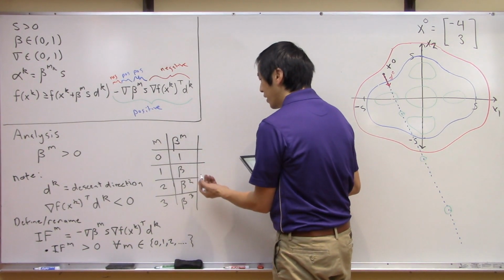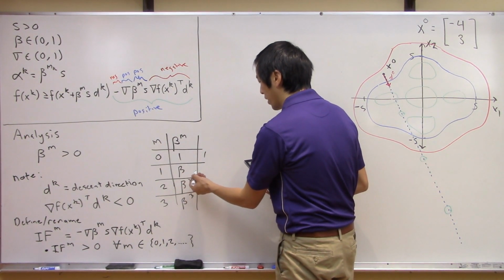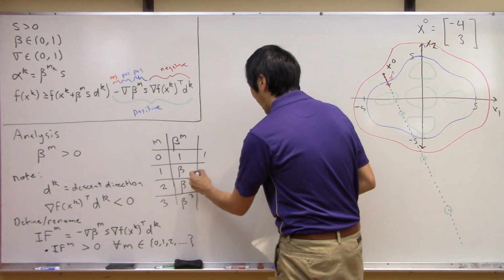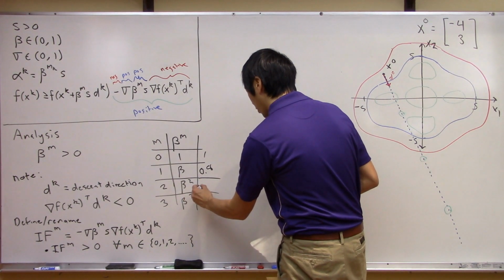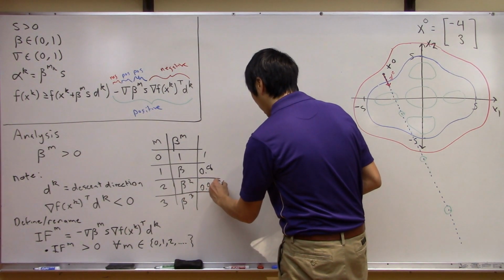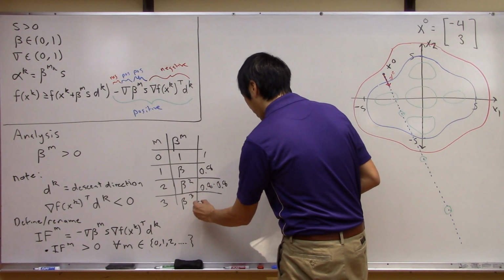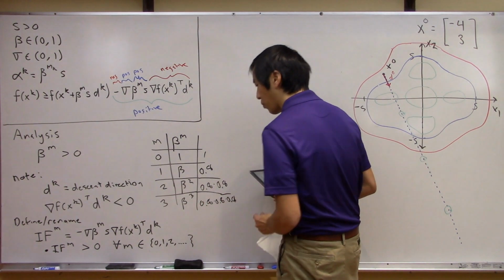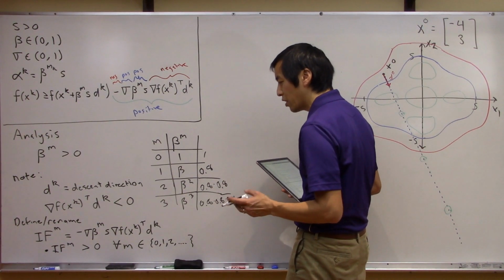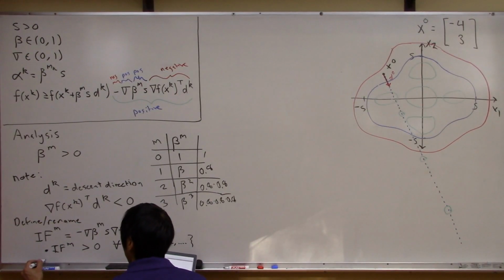Numerically, let's make something up. Let's say beta is 0.8. So this would just be 0.8. Then beta squared is 0.8 times 0.8, so what is that, 0.64 or something like that. Then you've got 0.8 times 0.8 times 0.8. Does everyone see what we are getting at here? I want to make a note here that